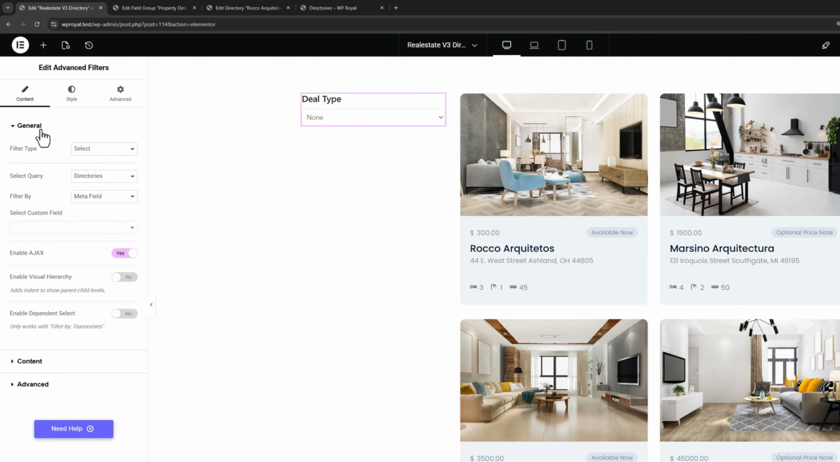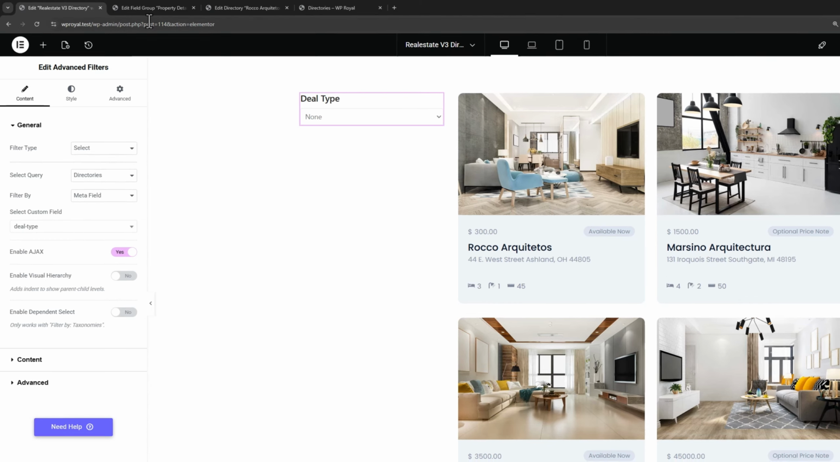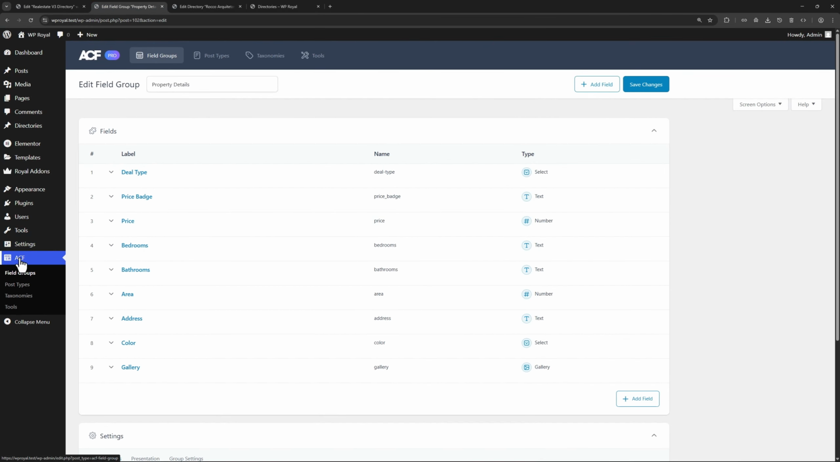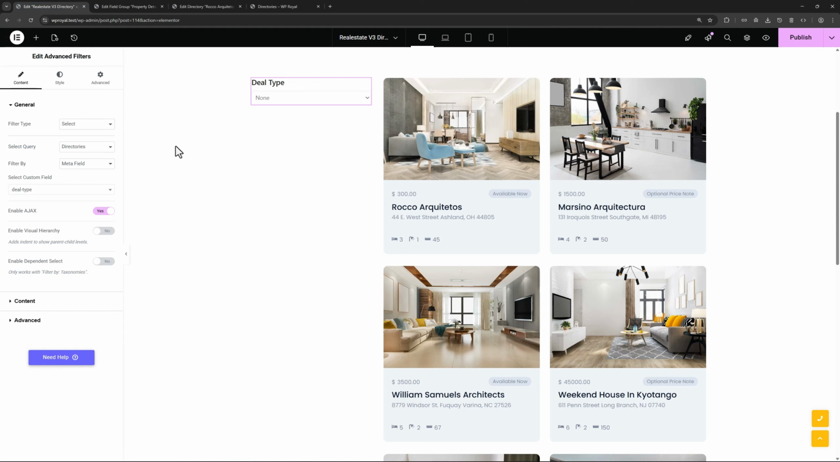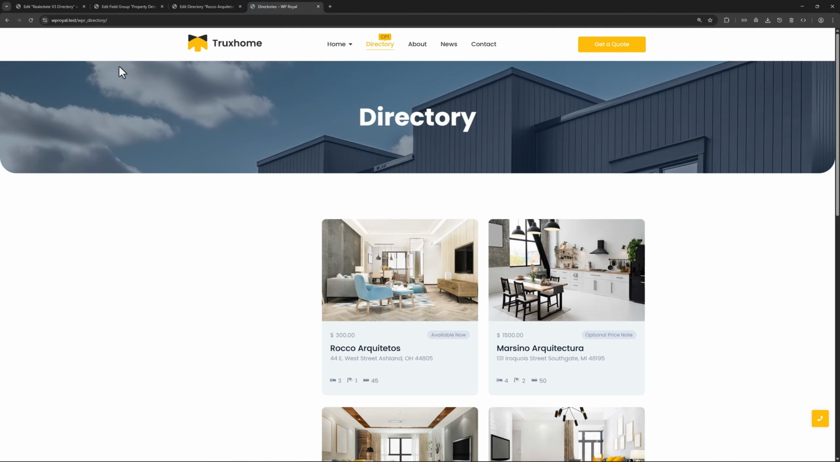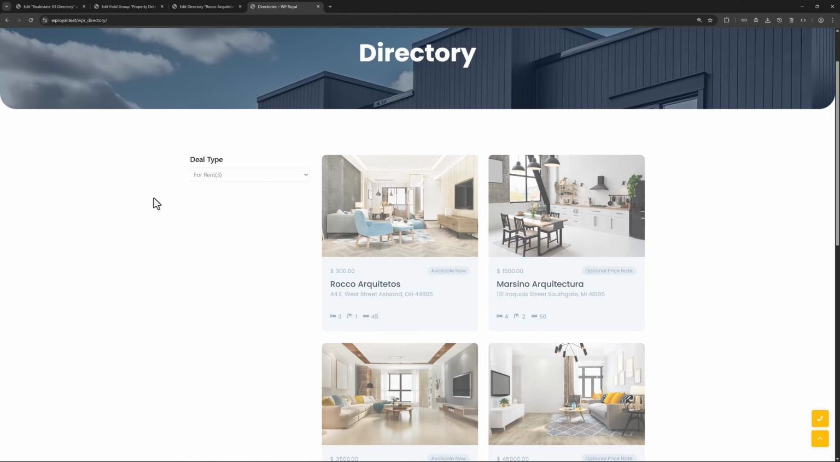Go back to general settings where this deal type is a custom field I showed you a minute ago. In ACF field groups, there is this custom field called deal type. Let me go to one of my posts where you can see that deal type is set to for rent. Go back to Elementor to save the changes. Go to the live site, refresh the page, and you can see that the select custom field is used as